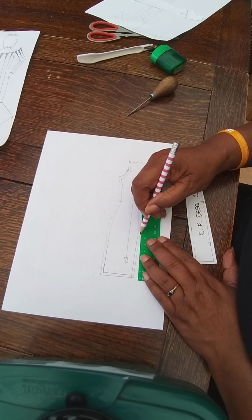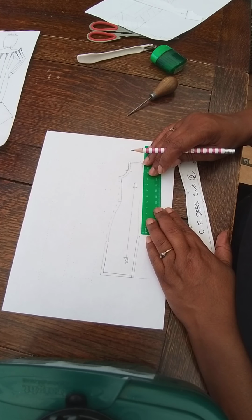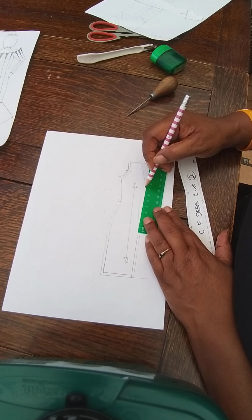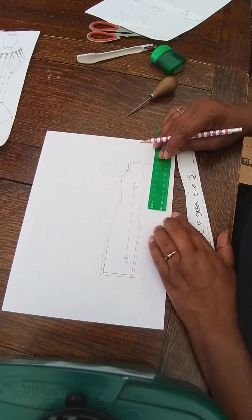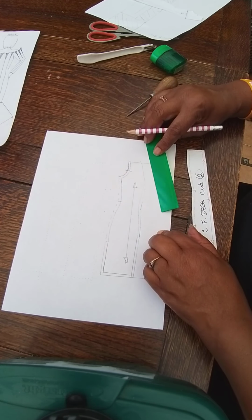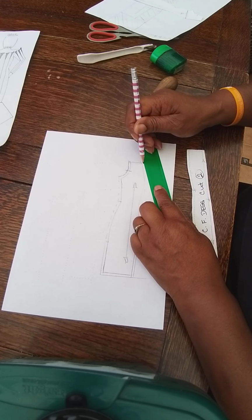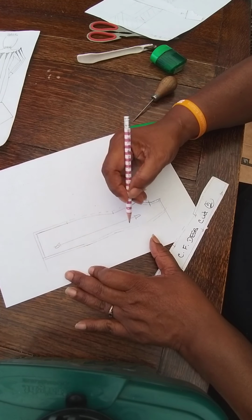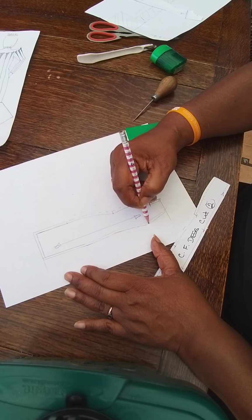As I said, I'll have to be doing this pattern in different stages because it will be a long video, and it's not going to allow me to do a long video, so we have to do it in stages. So I'll stop and break and then come back to it. So this is what is called the side front, and then all you do is just shape that, follow that through with a nice curve round your